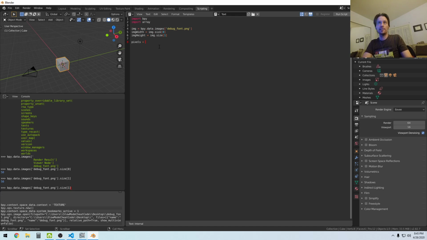So I want to get the pixels, so that's the image.pixels. And then I'm just going to iterate through all the pixels. So for p in pixels, okay, I know this is obviously not the best way to do this, but I'm going to just keep count of how many pixels I've iterated through, because I really only care about the